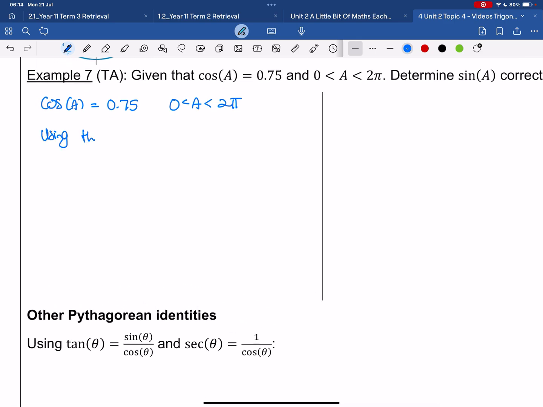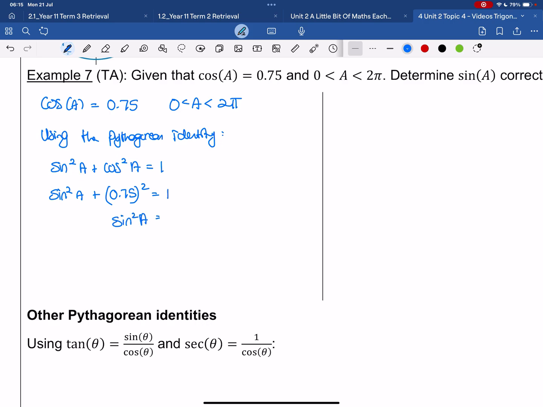So using the Pythagorean identity, and that is that sine squared of A plus cos squared of A has to equal 1. So that means I've got that sine squared of A plus cos of A all squared, so 0.75 squared has to equal 1. So that sine squared of A is going to be